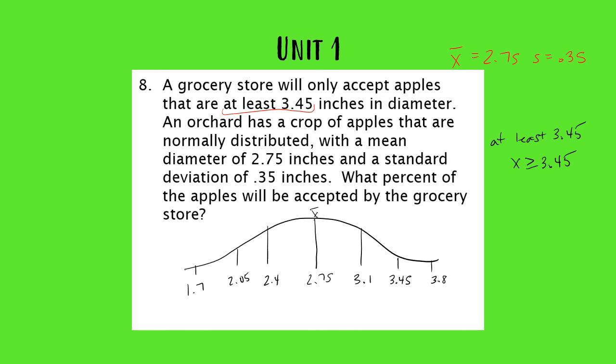Now the good thing about this problem is that if you look at your graph, 3.45 is right on one of the intervals on our lines for our standard deviation, which means we don't need to do a z-score. A z-score is used anytime the data value falls between standard deviations. For example, if I wanted 2.6, I would have to use a z-score and look it up on my table. But since 3.45 is right on my line, I can use the empirical rule,